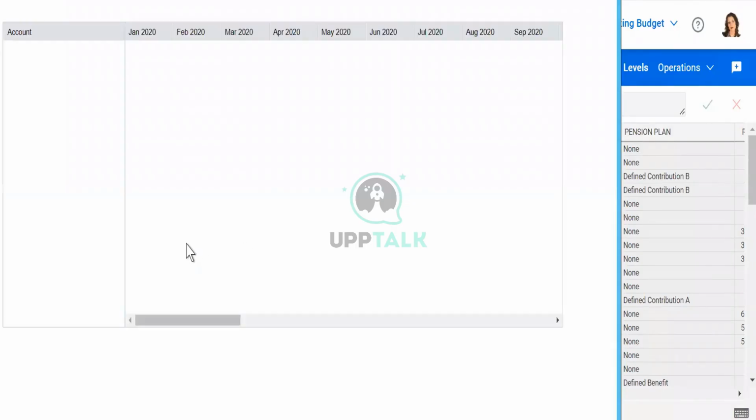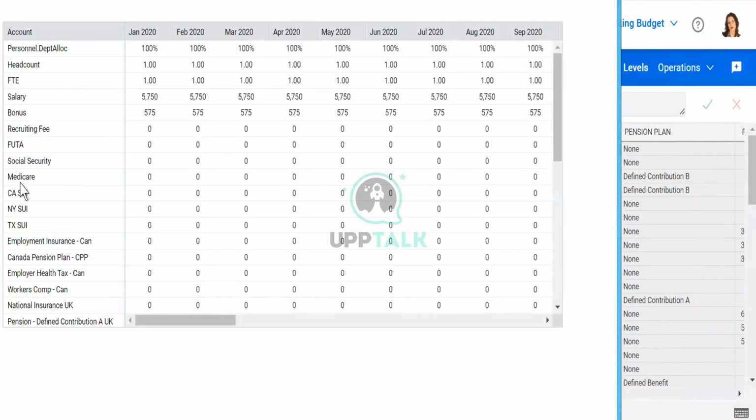When the separate window opens up, you will see certain accounts popping up here. It's calculating something in the back end that there are certain accounts. It is calculating the head account FT, salary bonus, everything. You mentioned it in the columns also, but it needs to be also addressed in an account.